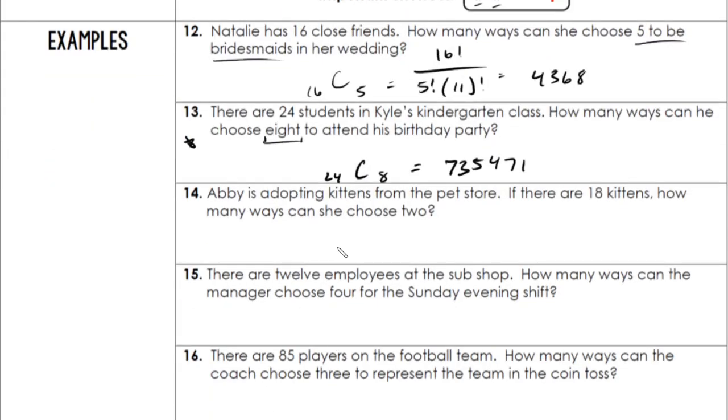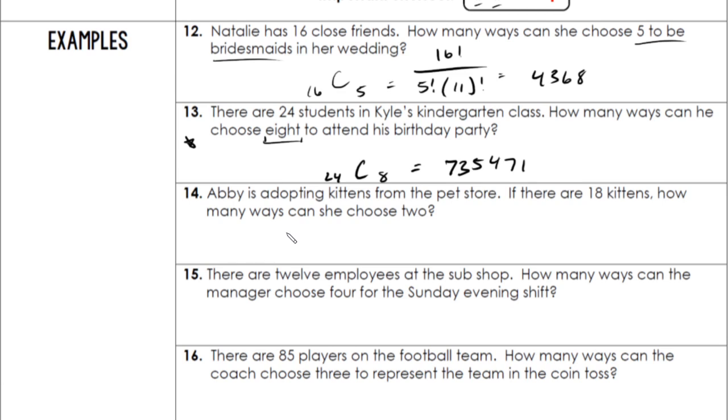Last couple of examples for this lesson. Abby is adopting kittens from the pet store. If there are 18 kittens, how many ways can she choose 2? See if you guys can do this. Hopefully you should have thought through that this order does not matter, that whichever kittens she chooses, right? If she chooses kitten 1 and kitten 2, it doesn't matter if she chooses kitten 2 and then kitten 1,